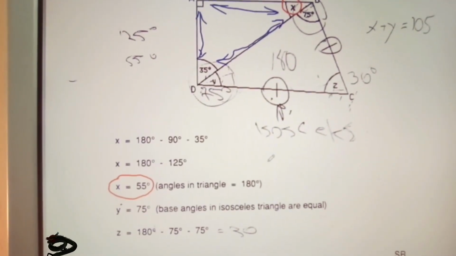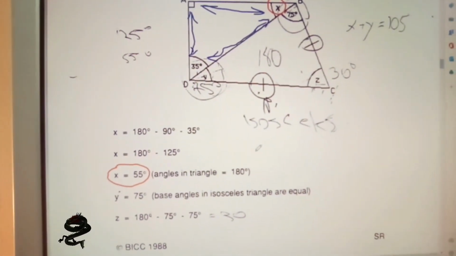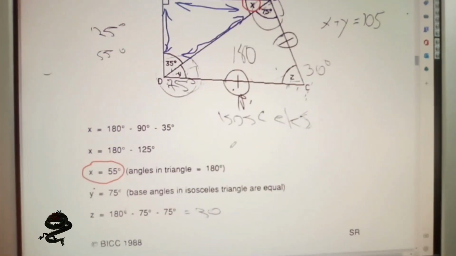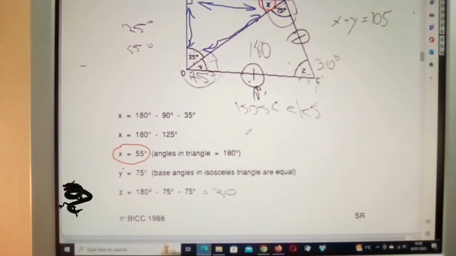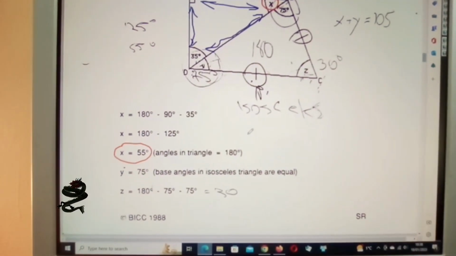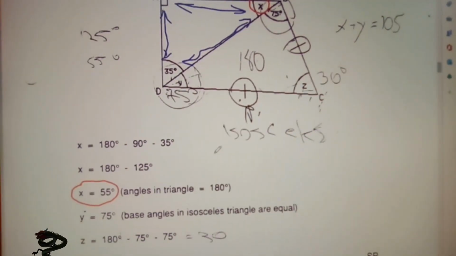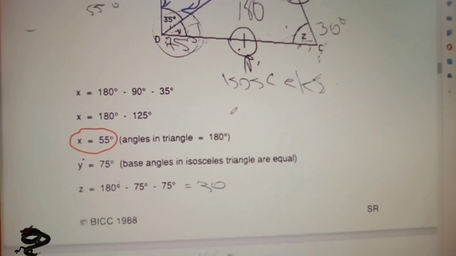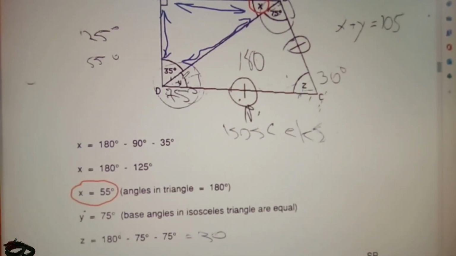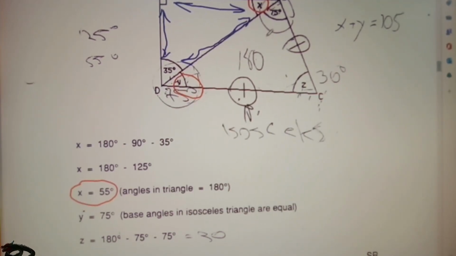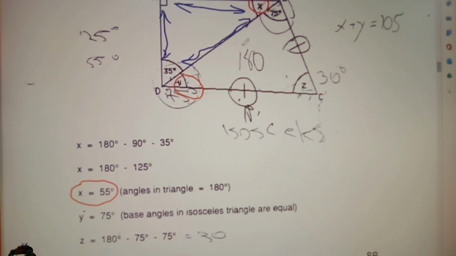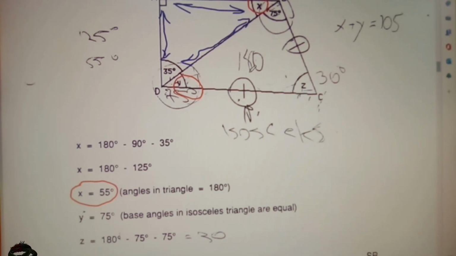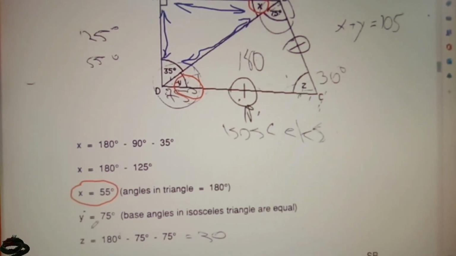Okay. Now let me just pan back a bit to make sure I can get this into play. Okay. Yes, I can. Let's just move back in. Now to find y, and this is y here. Remember again, these angles will need to add up to 180. So we have y here, which